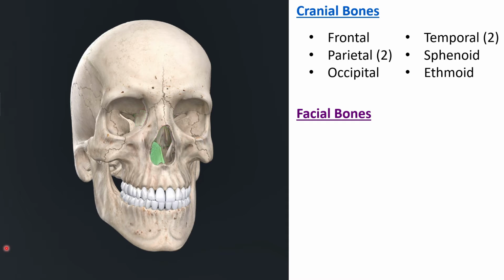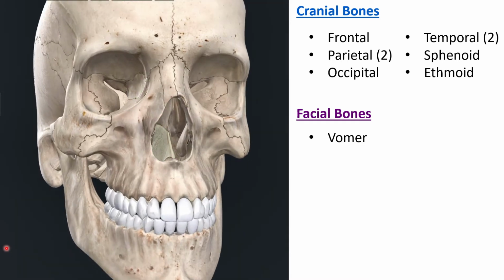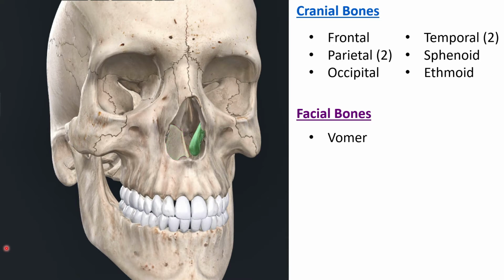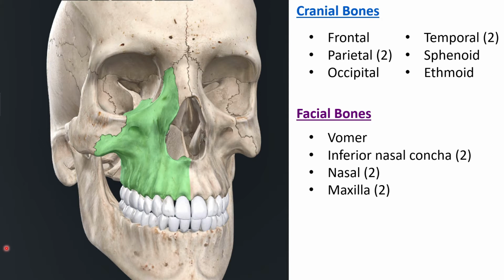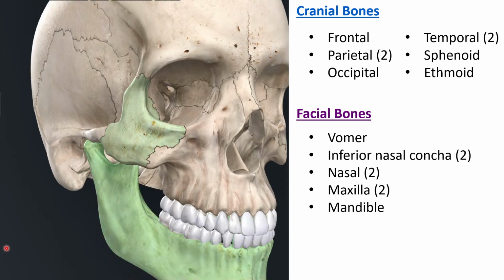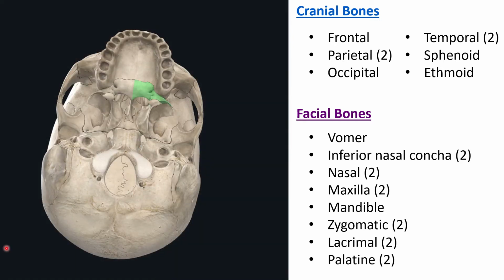As for the facial bones, you have a single vomer in the middle of the nasal cavity, 2 inferior nasal conchae, 1 on either side of the nasal cavity, 2 nasal bones, 2 maxillae, a single mandible, two zygomatic bones, 2 small lacrimal bones, and then the palatine bone, which can only be seen if we remove the mandible and look at the roof